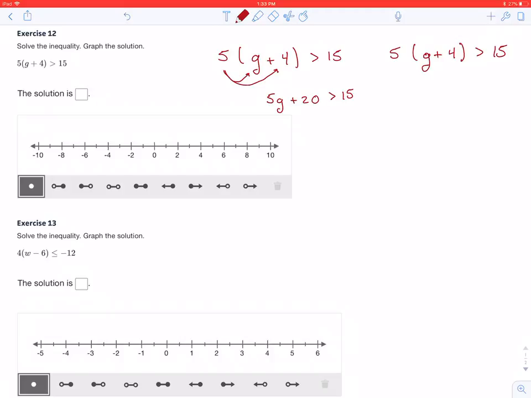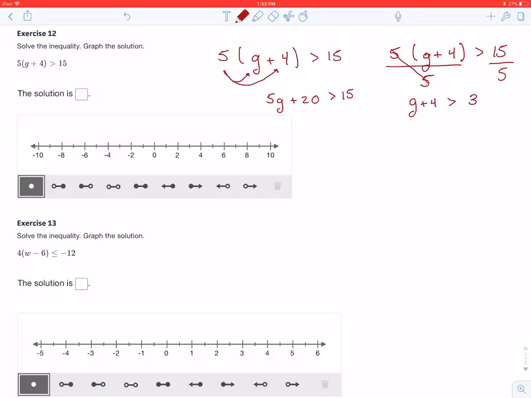But a different way of doing the same problem is that instead of distributing that 5, you can get rid of that 5, or you can cancel it out to turn it into 1 first, without having to distribute it. So what you would do in that case is you would divide both sides by 5, and when you divide both sides by 5, that 5 that's outside of the parentheses is going to cancel out with the 5 you're dividing by and just leave you with g plus 4, which is going to be greater than 3 in that